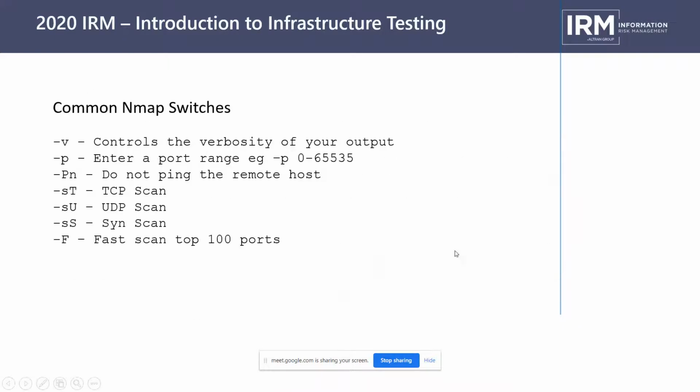It can do many things. These are some of the most common switches that it would use. So Nmap -v controls the verbosity. You can enter port ranges. You can choose not to ping the remote hosts. A lot of hosts and networks are set up to block ping because it is a discovery technique, and obviously that's kind of against security principles. So you can set it to not ping the host and to identify it through TCP or UDP or SYN